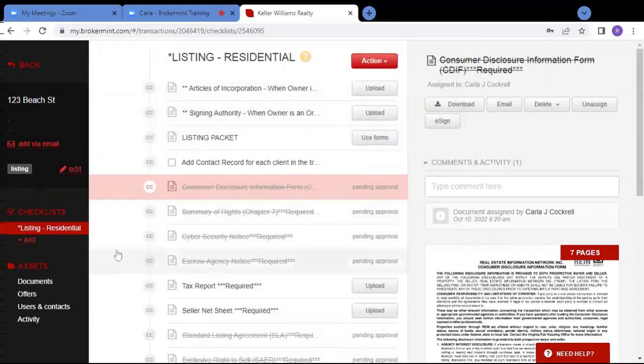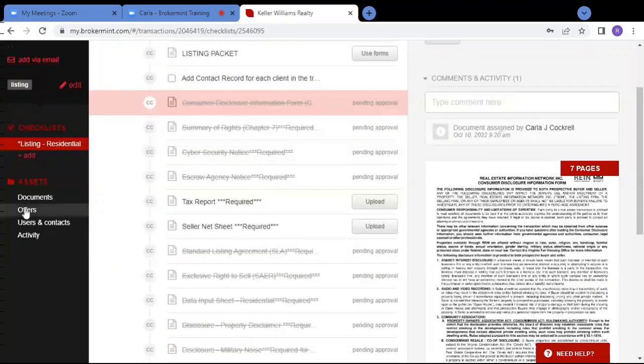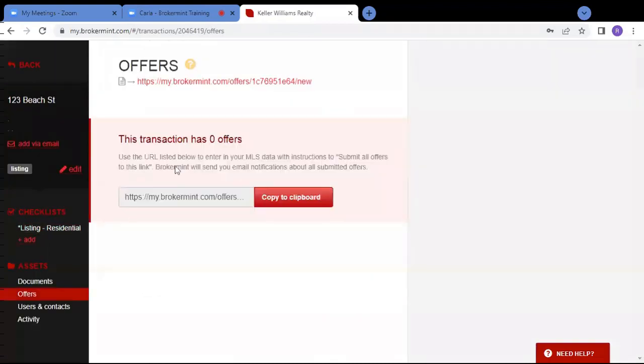Then as you're receiving offers, you're going to put them in your, I like to put them in unsorted. If you're getting a lot of offers, you can house them in the offer simply by providing,